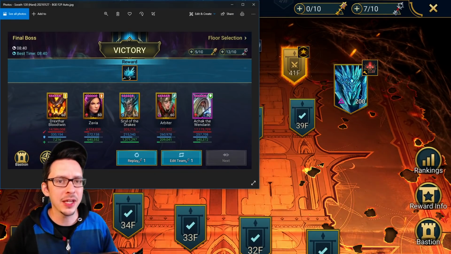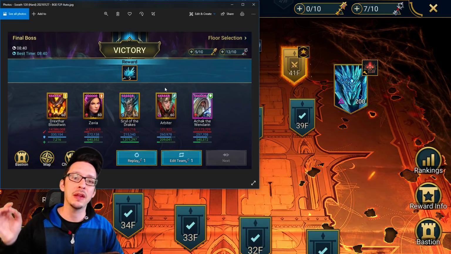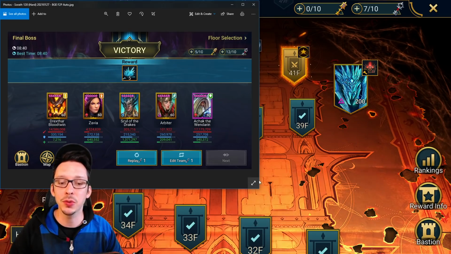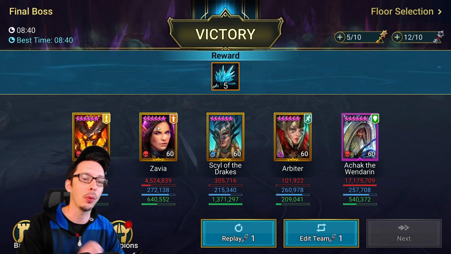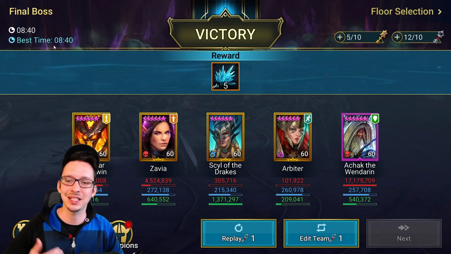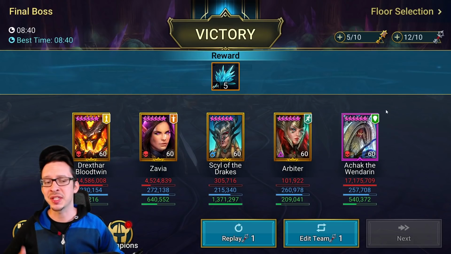Like I mentioned in the beginning, ACHAK the Wendarin was also really important for the Doom Tower. This was my first rotation of being able to complete Sorath, right? So I had to use ACHAK the Wendarin and Drexstar in here along with Arbiter, Salad Drakes, and a Poisoner. It made this relatively easy, gave me one of my best times, but the stat requirements were really hard to obtain. So since then I have